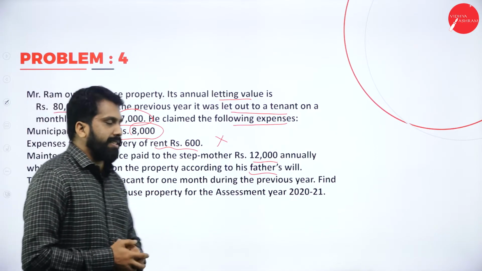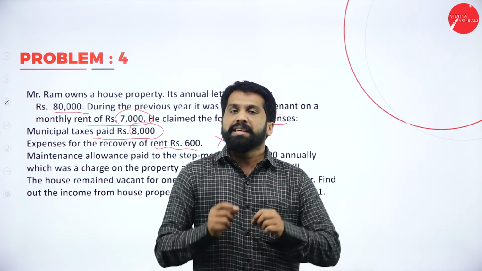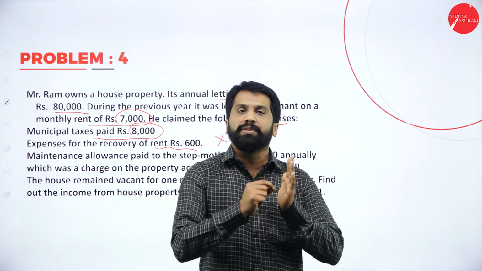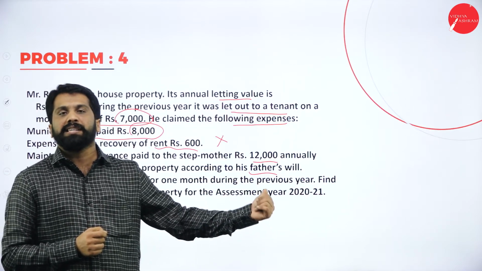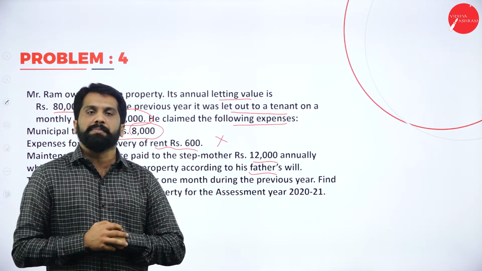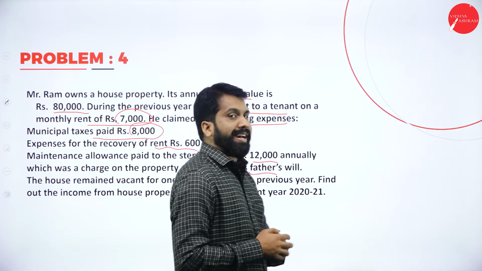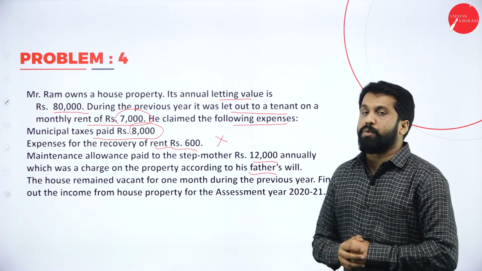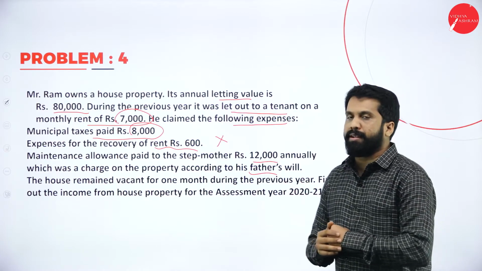Now, what did the son do? Yes, you give me that property, I'll take care of my mom. So, in the will or in the document, they have mentioned that if the son takes care of his mother, the property will transfer to that son only. Whatever rent comes, it will go to that particular son. So, this is the agreement between dad and son. As per that, if he wants to collect that rent, he should take care of his mother by paying 12,000 per annum. So, should we minus this 12,000 from your rent or not?